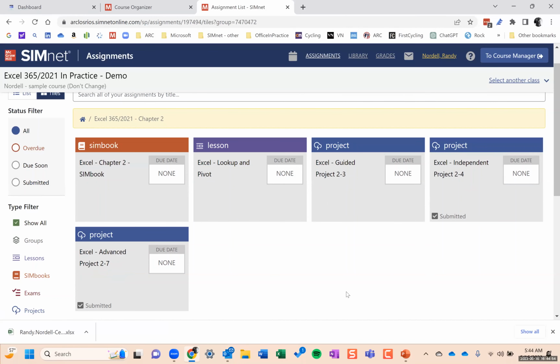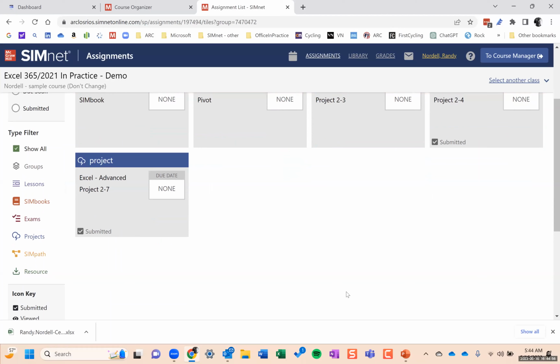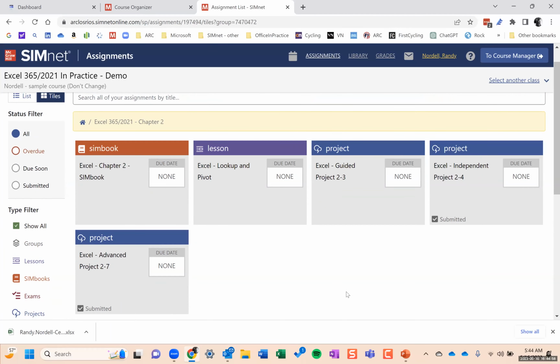And so a lot of things in SIMnet. So I always tell instructors, hey, you're probably not going to use everything in SIMnet. I mean, we have so much content in here, and we have a ton. And next time we'll look at the instructor side and show you how to customize some of this stuff. But